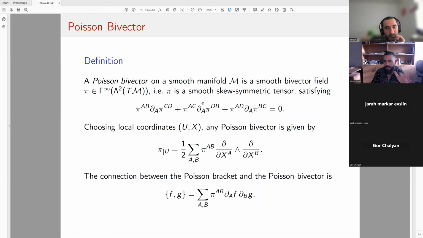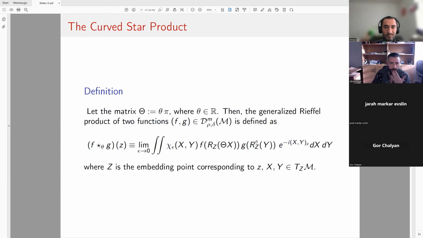Whenever you have a covariant derivative equal to 0, for example, you know this is also satisfied. There are certain connections between Poisson bivectors and their covariant derivative vanishing that I think would help physicists more if we indulged a little bit in them, and I'm trying to do so. I just want to remark this. Okay, now the curved star product. Now we can start a definition and see how far we get with it.